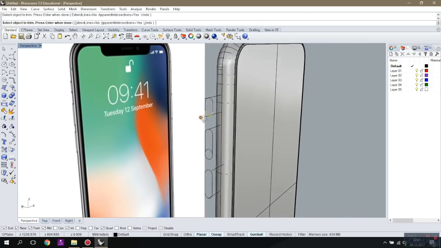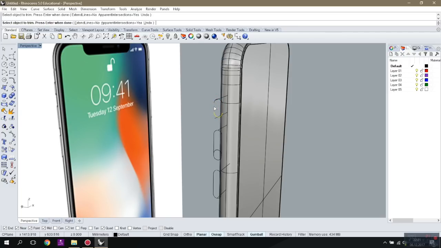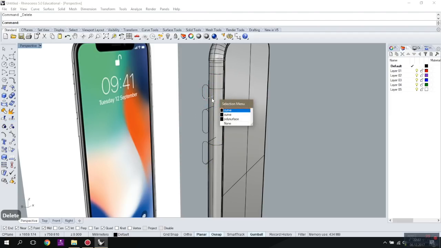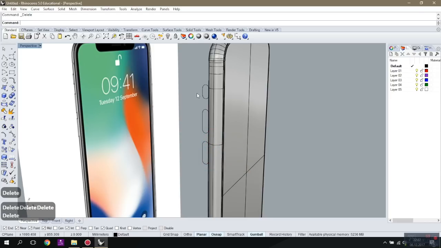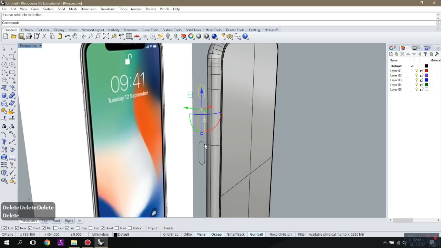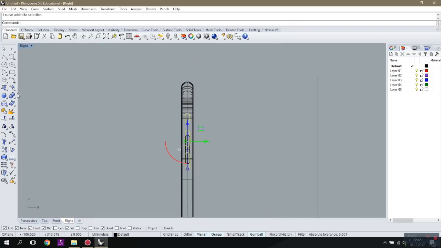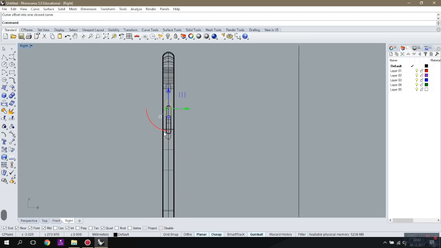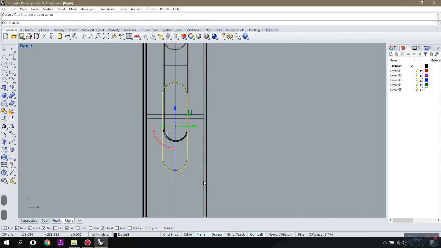So now I can actually make and try to show you a different way of making that stuff. Don't need this one anymore. Okay, just join. I don't need that one. So I can actually just try to make an offset of this like that, like this, like that. And then